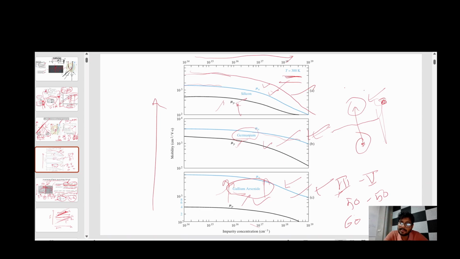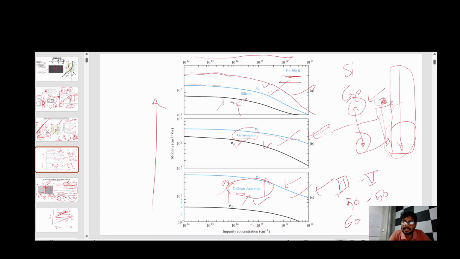There can be some other things, because in gallium there is one more effect, the charge shielding. Have you heard about that? For gallium, if you are going in the periodic table from top to bottom, the charge shielding by the electrons in the shell is more. Like silicon was there, germanium comes below that, and carbon is above. So what I was saying is, if you are doping it with gallium,